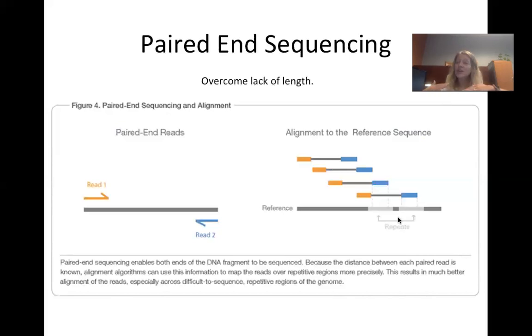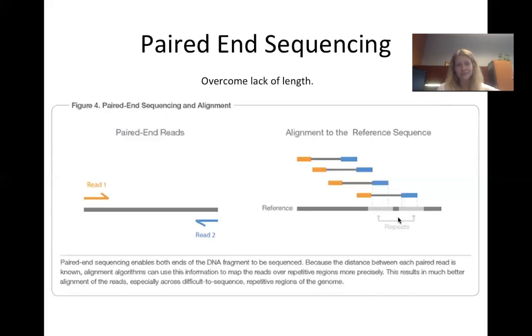However, if you have a paired end, the other end from the other end of your DNA fragment, if that maps to a unique region of the genome, that anchors your location. And now you can figure out, based on the relationship of those two fragments and how far apart they are, which of your reads originated in the upstream repeat and which originated from the downstream repeat. This turns out to be really useful for not just reference mapping, but also for assembly and all sorts of